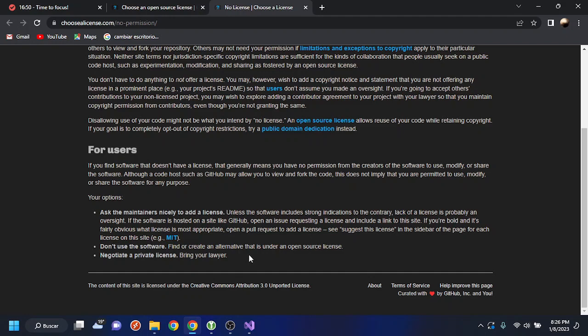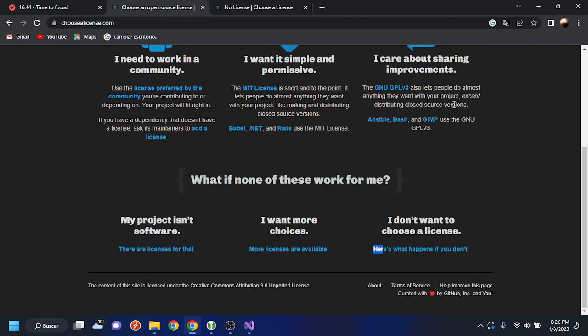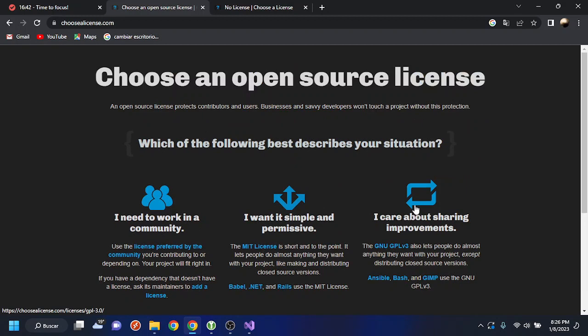Negotiate a private license, being your lawyer. Okay. I think this is what I care about. I don't know if this project should be like this. Let people do as much as they want with your project, like making and distributing closed source versions. I think this is cool, but I think